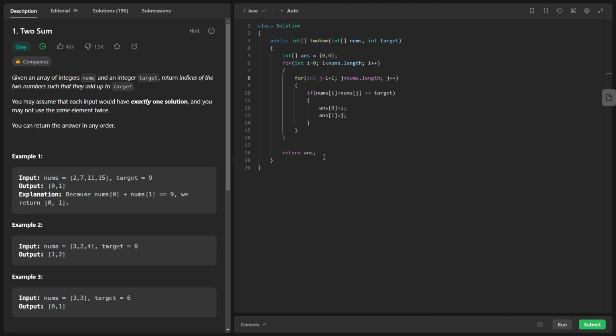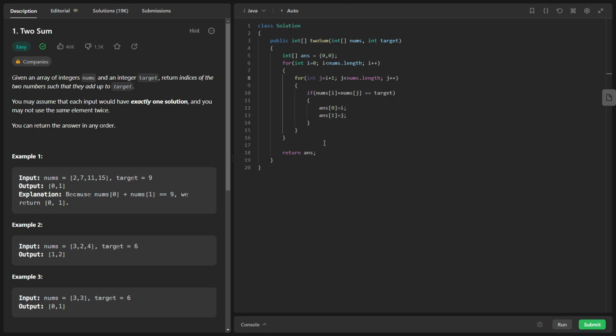However, if we wish to reduce time complexity from order of n square to order of n, we might need to compromise with space complexity. So we might need to use a hash map or a hash set, probably a hash map. However, in my videos till now I haven't discussed anything related to hash maps, so I will not be discussing that approach in this video. Of course we will be discussing it in some later videos. As far as this video is concerned, we will be doing this with the logic of pairs only.